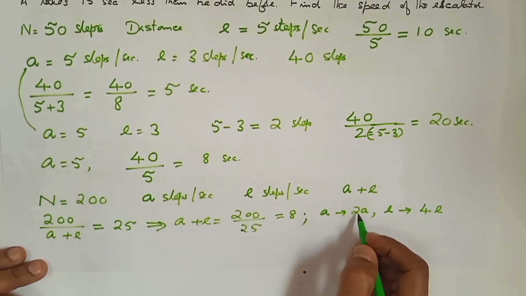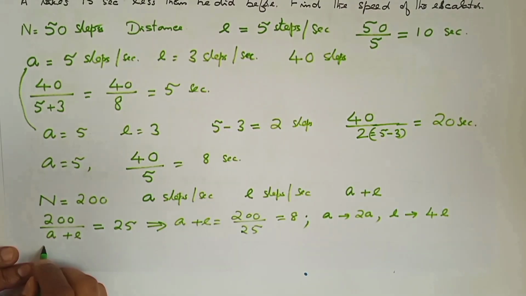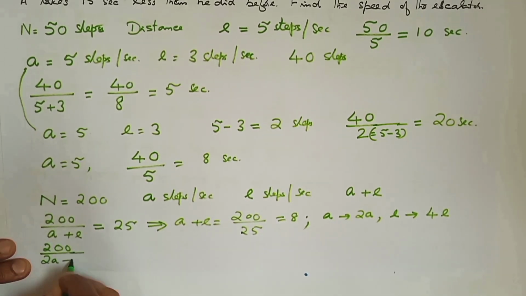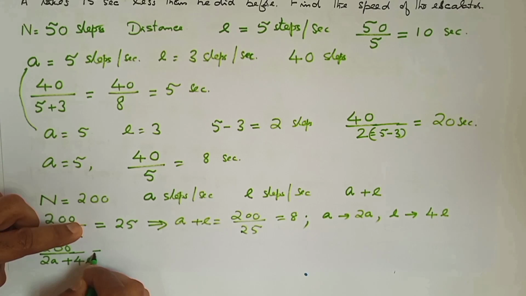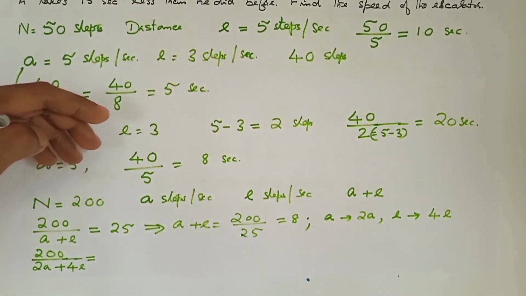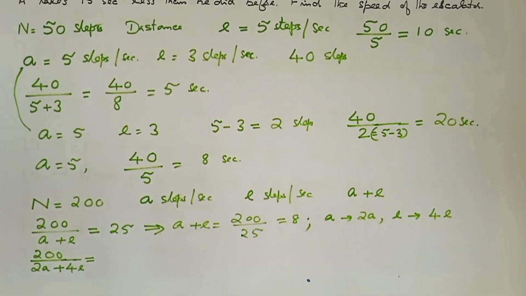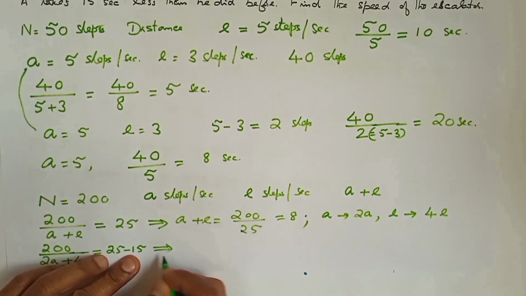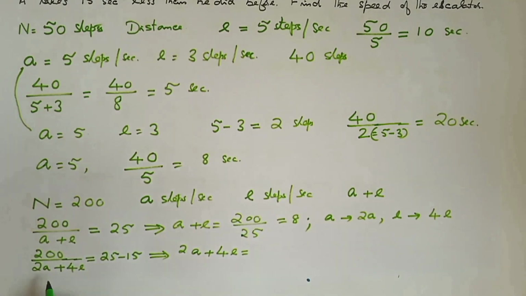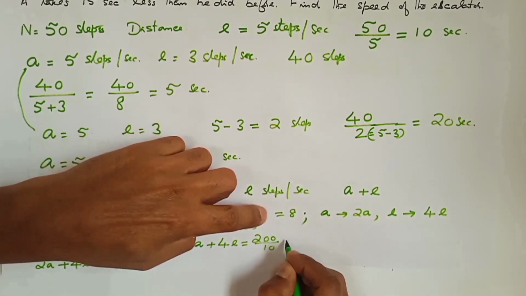Now, instead of A, we will use 2A. Instead of E, we will use 4E the second time. So 200, again the same distance, divided by 2A, the speed of the person, plus 4E, the speed of the escalator. And they say he takes 15 seconds less. So previously he took 25 seconds. 15 seconds less means 25 minus 15, which is 10. Now cross multiply: 2A plus 4E equal to 200 by 10, which is equal to